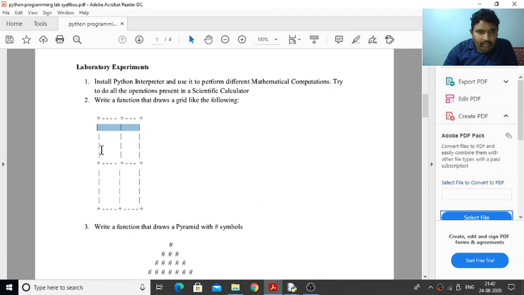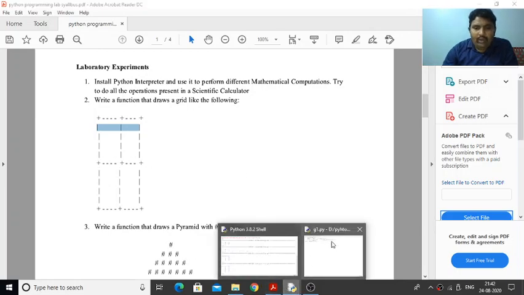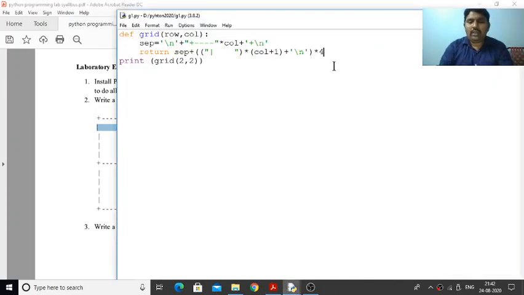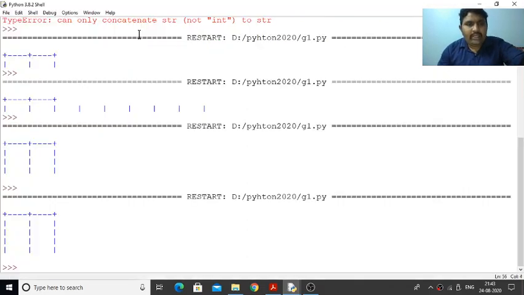So according to the program given, we required 1, 2, 3, 4 times. After that we required this particular plus plus. So now we need to add that plus again. That particular separator needs to be added, and like this it has to be repeated. Now we again require this particular separator. Let us check. Let us save the program. For saving you can press Ctrl S. For running you can press F5.